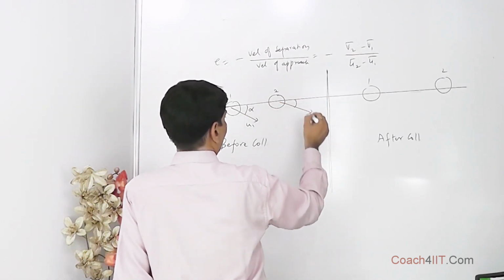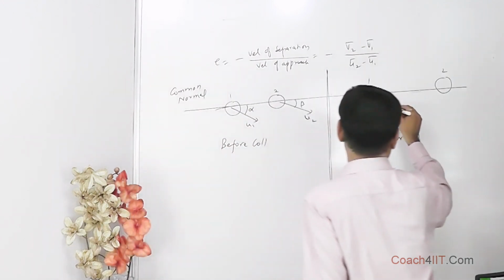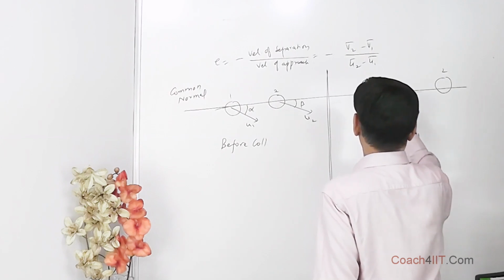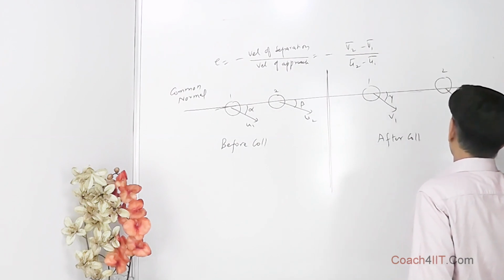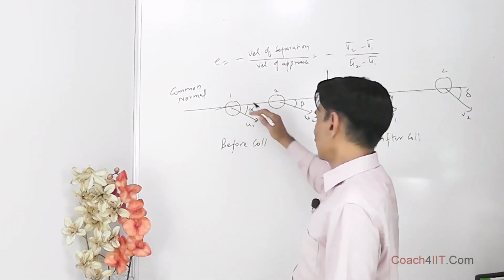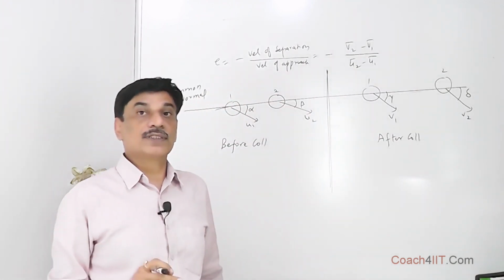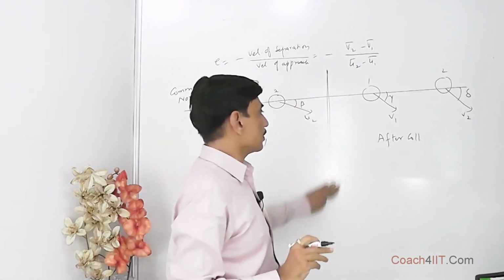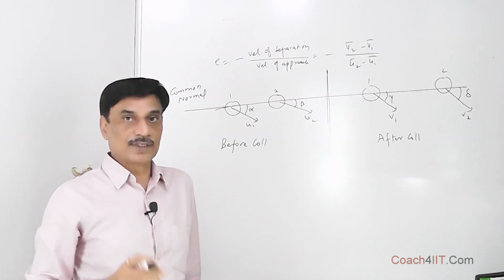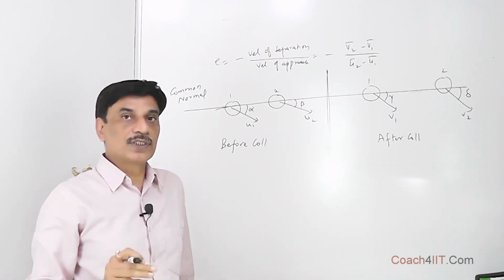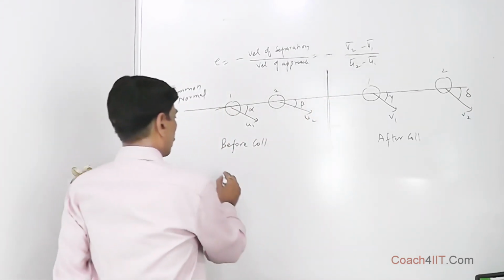This is U2 at any angle beta. This is V1 at gamma, and this one we can take as delta. V1 and V2 are arbitrary velocities; they may be in any direction. These are the real velocities. They may be along the x-axis, y-axis, or any direction, but we are interested in the velocities along the common normal. So in a scenario like this, if we intend to use this formula, E comes out to be